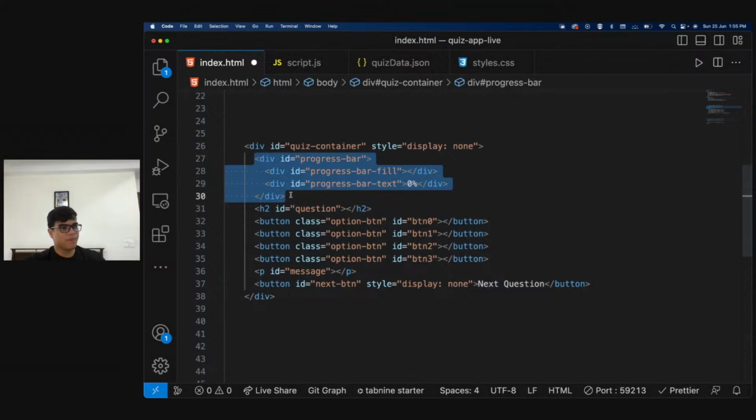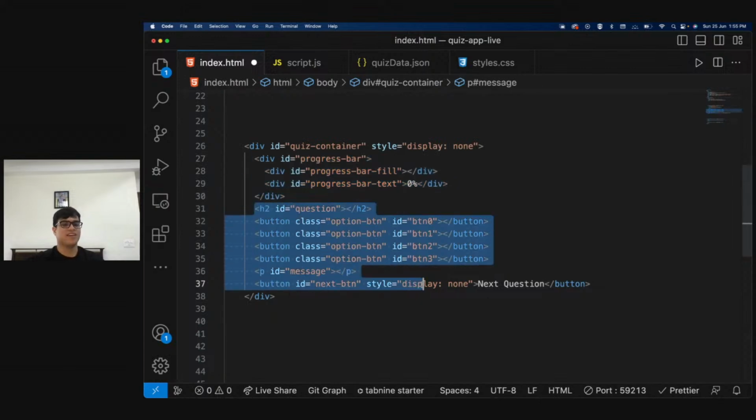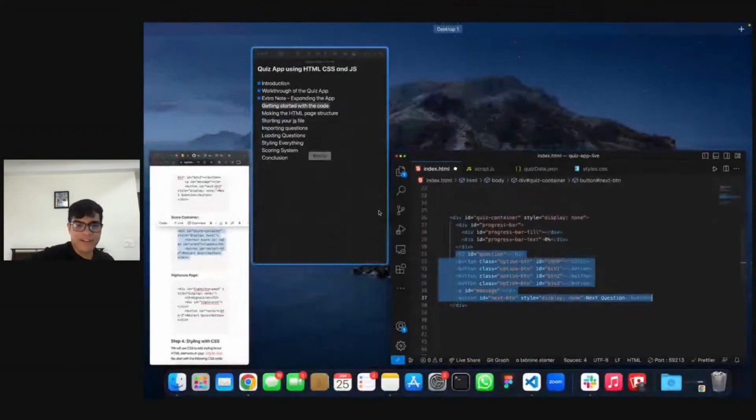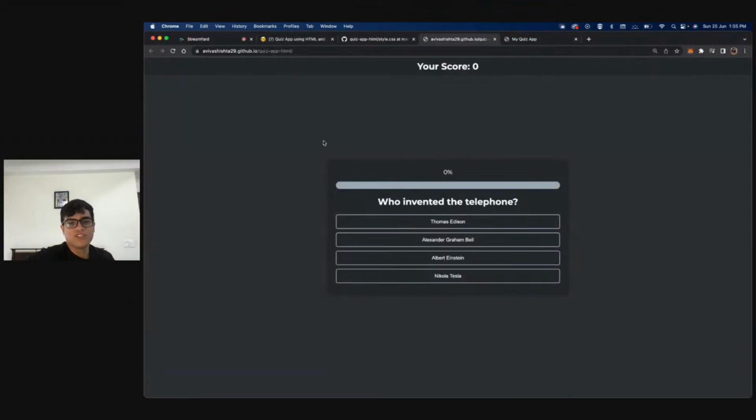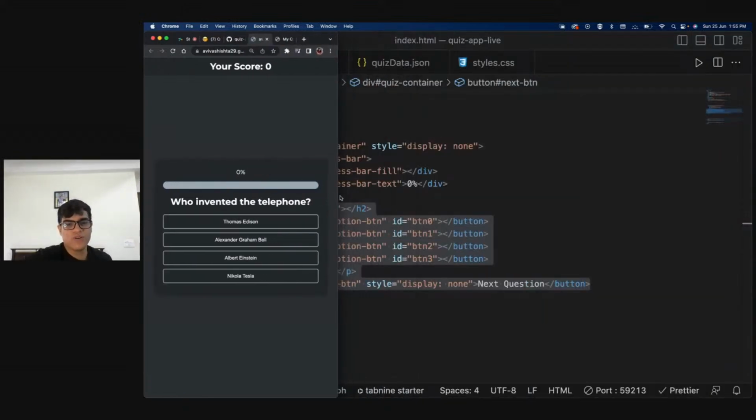Forget about the progress bar for a second. We will take care of the progress bar as well. That is something we'll do towards the end. Right now, let's just discuss the main quiz logic. So every quiz element, let's say we are giving this quiz, what does it have? It has a percentage. It has a bar. If I show you in the code, what do we have over here?